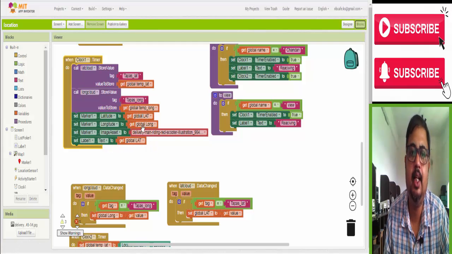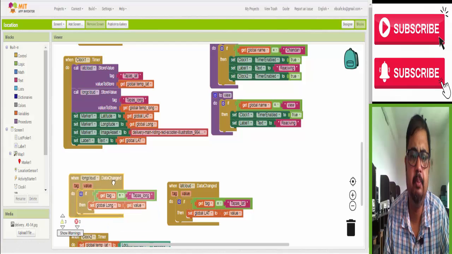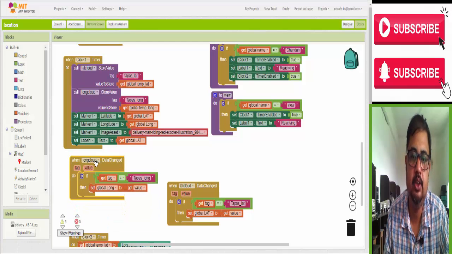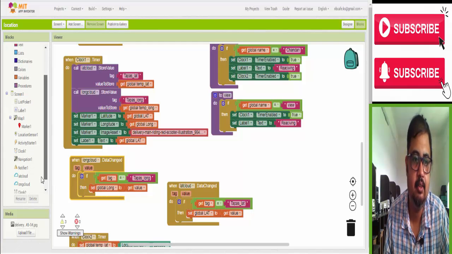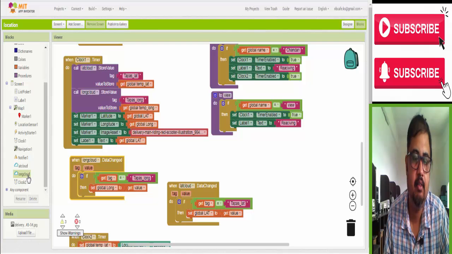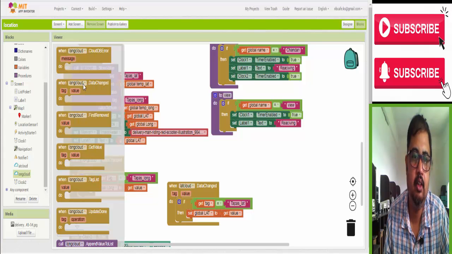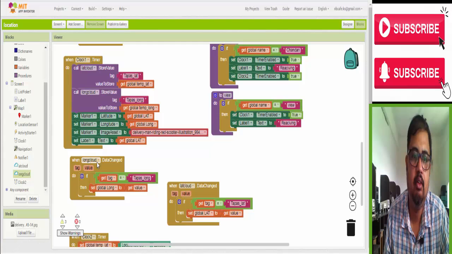Now where do these global lat and global long values come from? That we have to see. Very simple. See here, the program below, the longitude value. Where is this block coming from? See here, when the longitude data changes, you get that block. So when long cloud data changes, at that time if the tag matches Tapas long, then set the global long value to the get value.